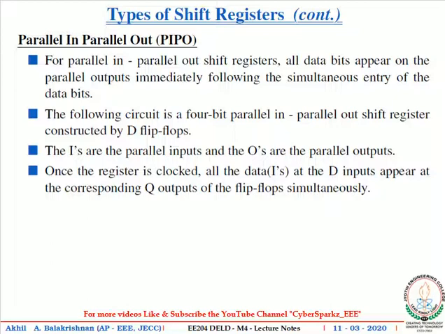In order to complete the operation of a PIPO shift register, only one clock pulse is required. Since all the flip-flops are provided with the clock signal simultaneously and the data is provided parallelly,